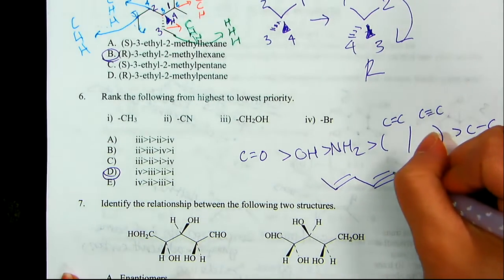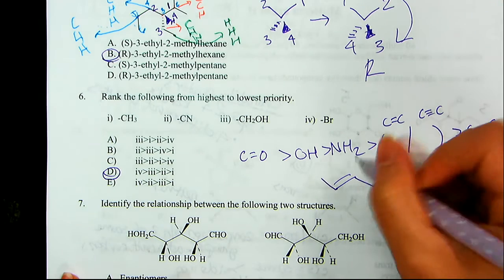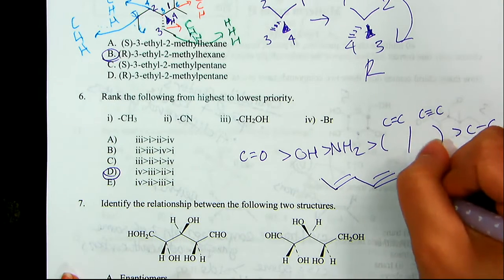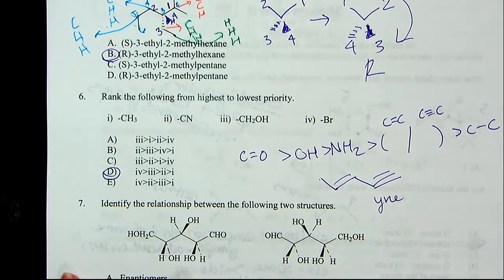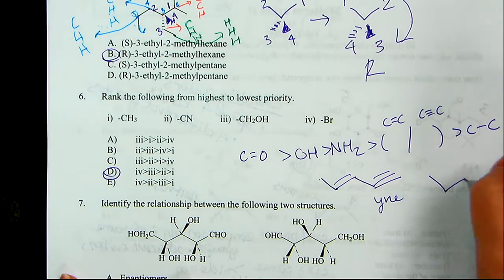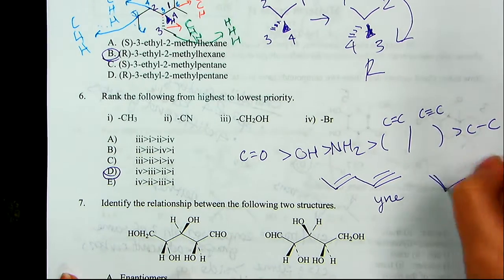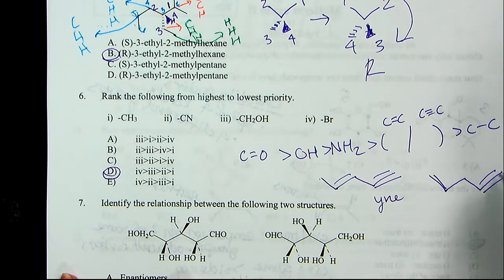So this double bond can be named 1, 2, 3, 4, 5, right? In this case, your parent chain should be the one with the triple bond. But let's say that they are tied, triple bond and double bond there. They can either both be named 1, 2, or the double bond can be named 1, 2. When they're tied with priority, the double bond has a higher precedence, so that the parent chain would then be